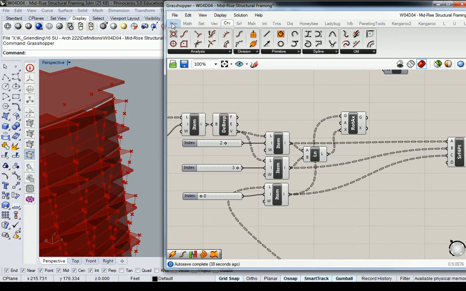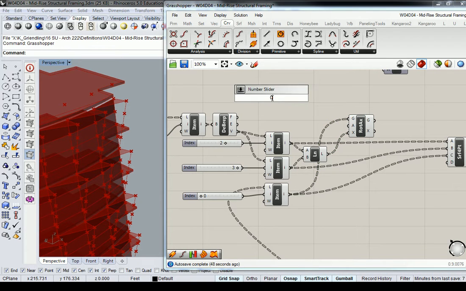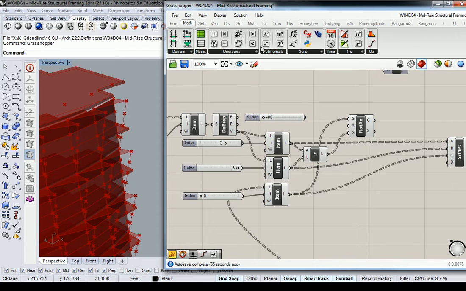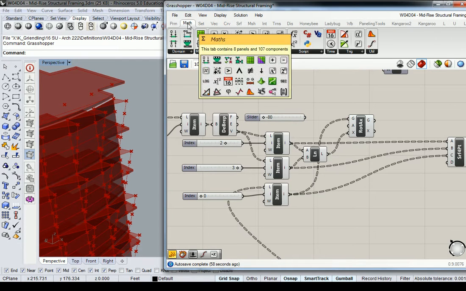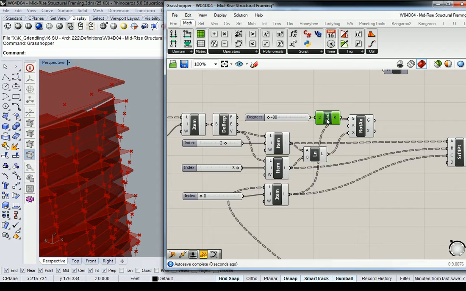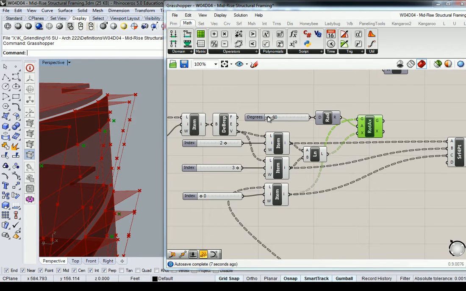So for now, just for right now, before I actually do the attractor point, I'm going to use a slider, and I'm going to say from negative 80 to 0. And I'm going to have to plug that in under math, trig, and radians. So that converts my degree desired input to a radian output. And so negative 80 is kind of just hovering a little bit over the panel there, and so I can